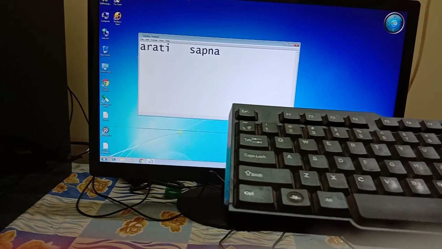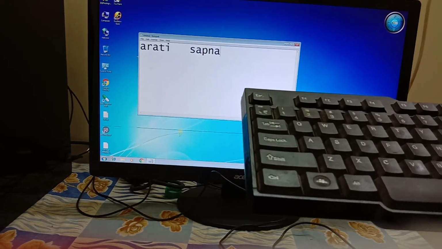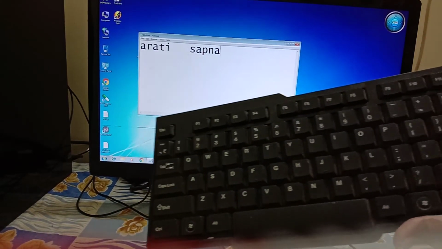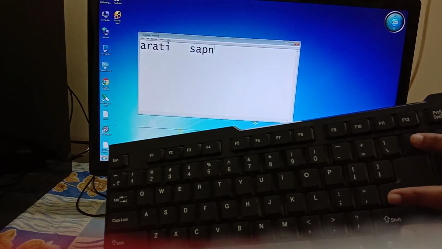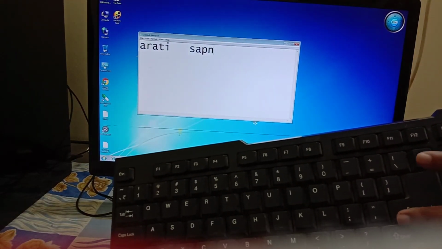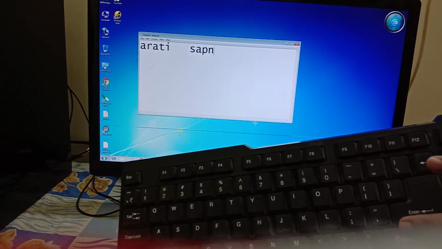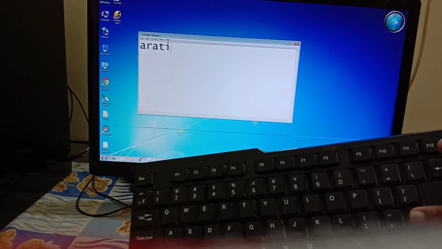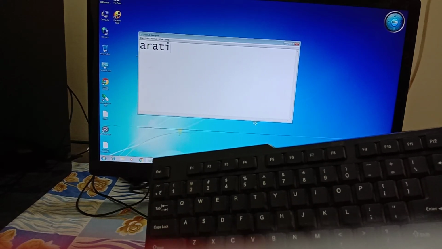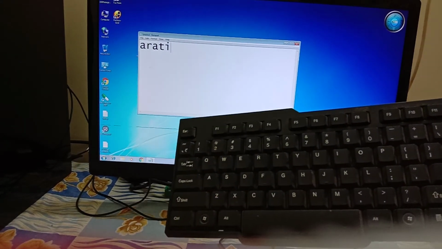Now if you want to erase this, how to erase? You all can erase this with the help of backspace. One backspace I pressed, one letter is erased from the left side like this. However many backspaces you press, that much it will go backwards.